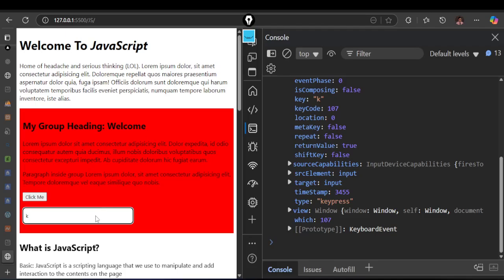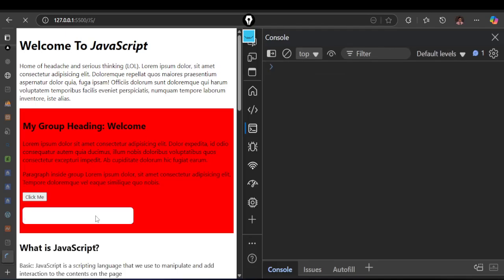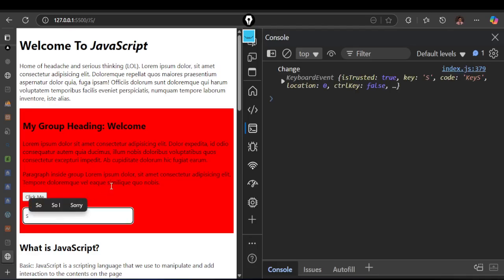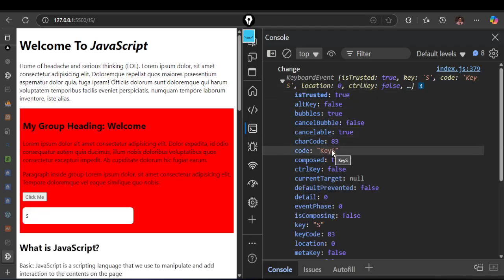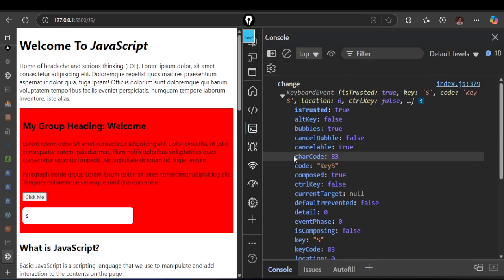So if I press Control, no, not this. Let me just see if all these are doing something. Reload. Let me use this like that. So as you can see, I'm getting this key S like that, but the key code,